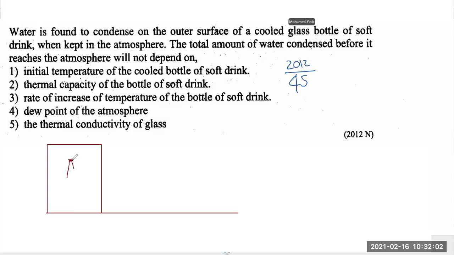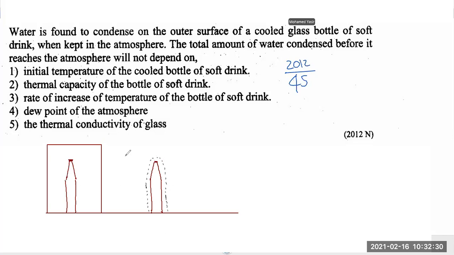You buy soft drink bottles, and then you take the soft drink bottle out of the refrigerator. Initially it will be cold inside. And then when you take the soft drink bottle outside, after a while you will see water formed on the soft drink bottle. So from where did that water appear? The approach to this question goes like this. You have to consider the air just around the soft drink bottle, in contact with the soft drink bottle.